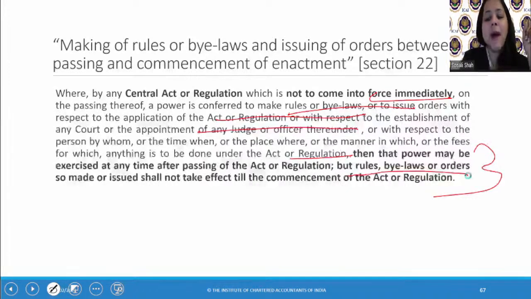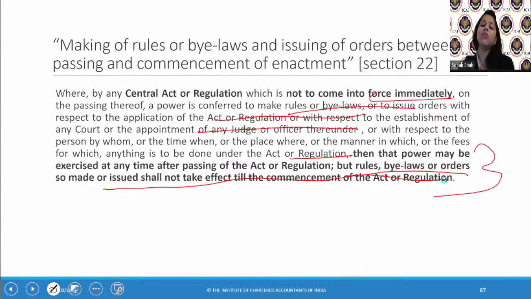But rules, bylaws or orders so made or issued shall not take effect till the commencement of the act or